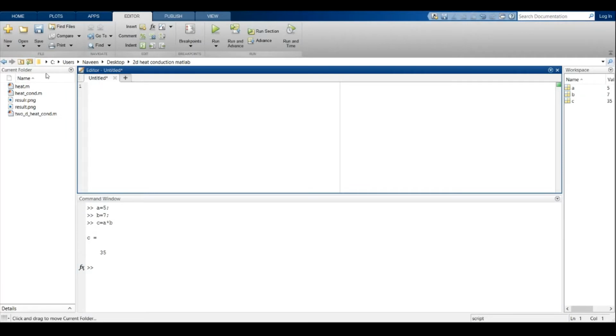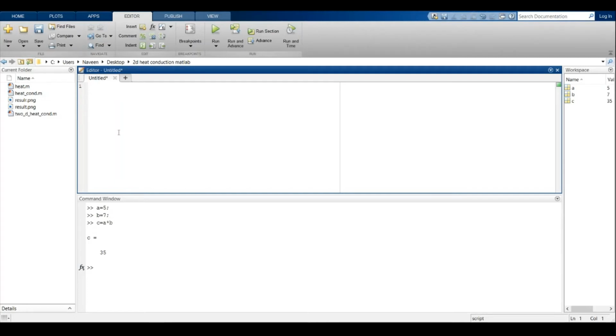In this current folder, so what is the current folder? This current folder shows the files in the current folder. Means I'm going to save a file. I will write a code and I will save it. The folder containing the file also contains somewhat different files. Those files also we can see in this current folder.